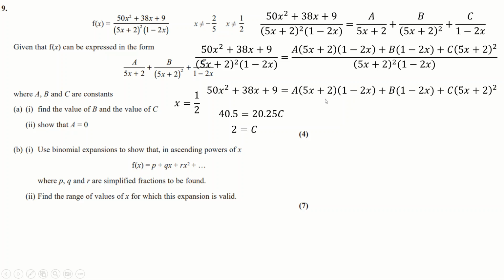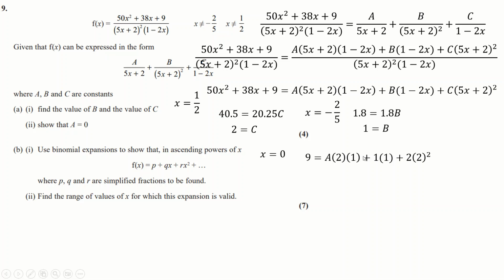And then if we get rid of these two brackets here, we can use x is minus 2/5 for that, because 5 times minus 2/5 is minus 2, plus 2 is 0. So that goes over all this and all this, and we end up with b times whatever this is when that is, equals whatever this is when that's that. And we get this. And okay, now we can put both those results back into here, and we can evaluate